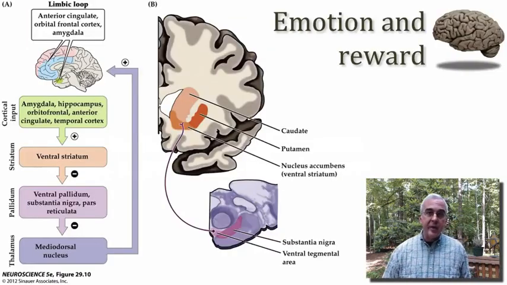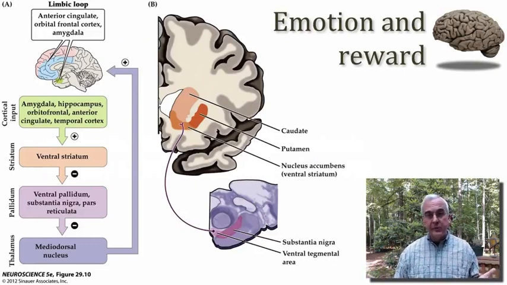So I'll remind you that there are multiple streams or loops, as we sometimes call them, that run through the basal ganglia. We talked about a dorsal motor stream or a motor loop that principally runs through the dorsal parts of the basal ganglia. That is the putamen, which is a major component of the striatum, lateral to the internal capsule. The putamen has important connections to the globus pallidus, which then projects to the motor thalamus that modulates the expression of movement, specifically the initiation of movement or the suppression of movement.